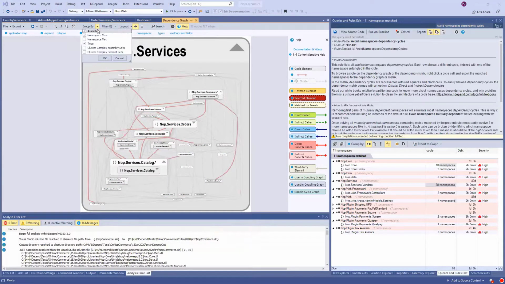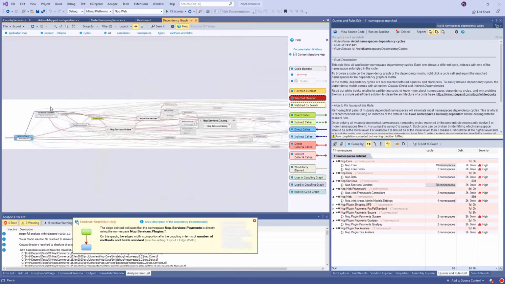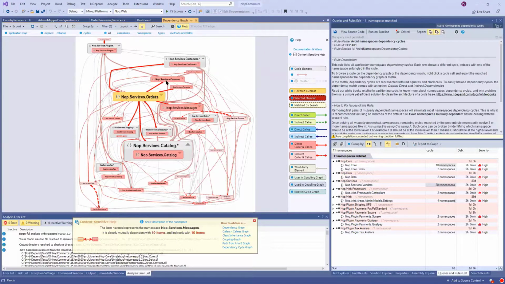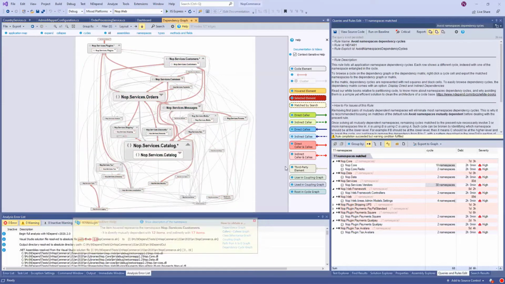Okay, so I can stop grouping by assemblies to have a proper view. Okay, and then I can change the layout. And here I have quite entangled code. And what's interesting is that when I'm hovering over any namespace, all the other guys become red. This is because everyone is both a caller and a callee of everyone else. So typically this is a super component that can be hard to uncouple, that can be hard to develop and test because it's actually big spaghetti code, and everyone is depending on everyone else.